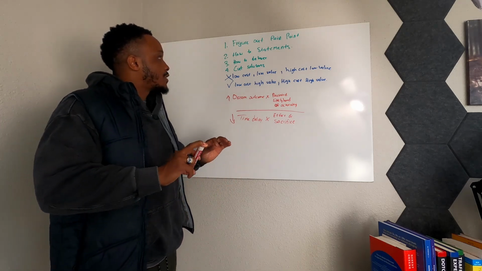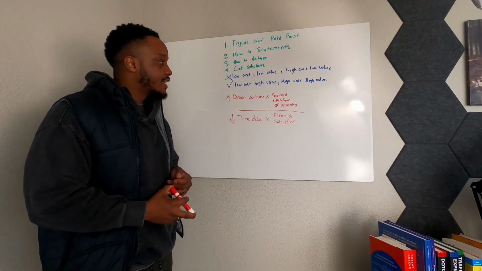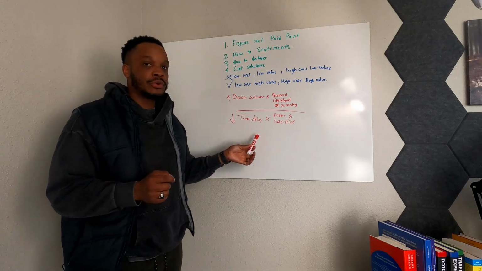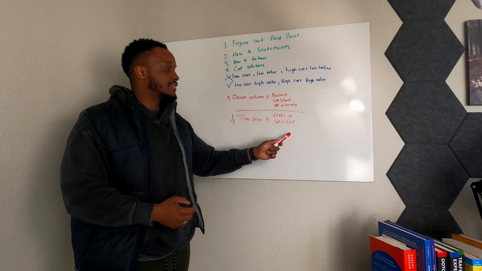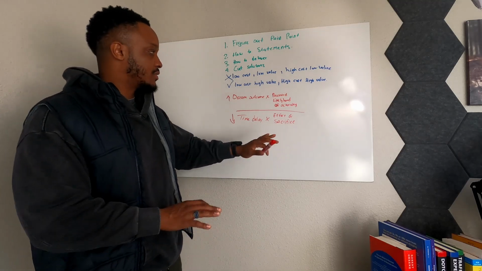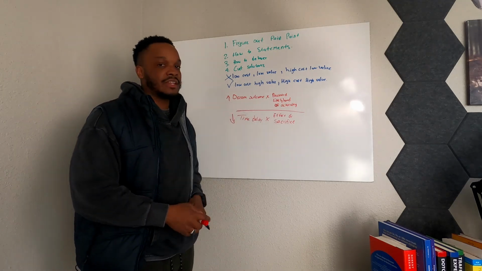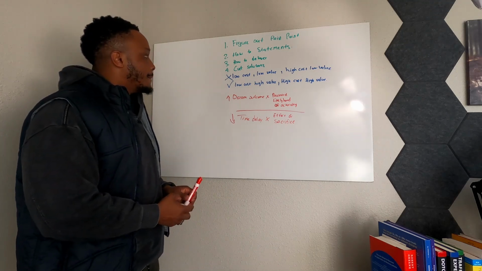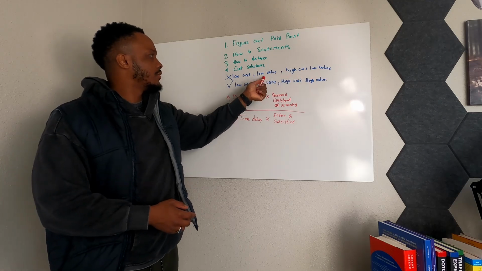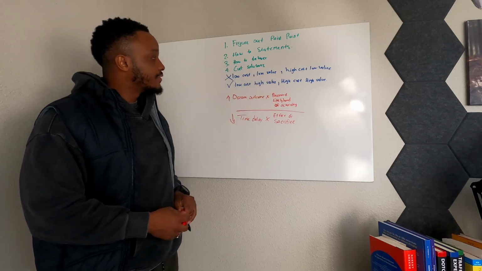If I can redo that site for them and make it a high converting site, the time delay is slightly increased because it takes me time to do it. I have to do multiple people. The effort and sacrifice is virtually zero. They just have to give me access to the code and then I'll do that. Their dream outcome increases, the perceived likelihood of achievement increases. So that is high value. However,